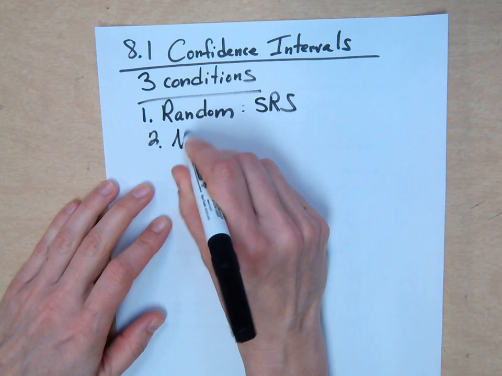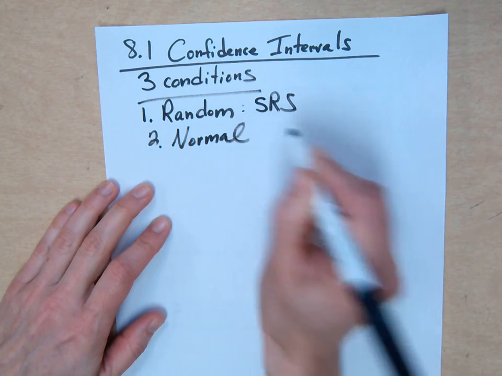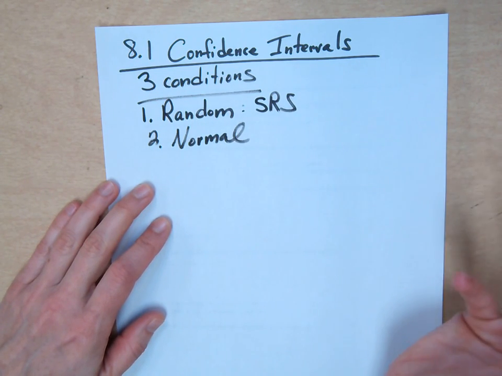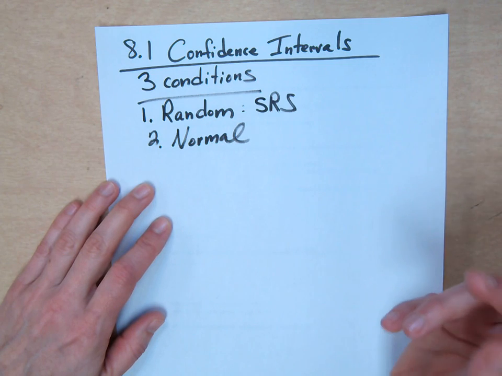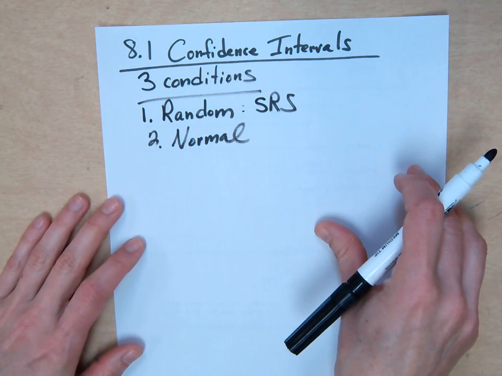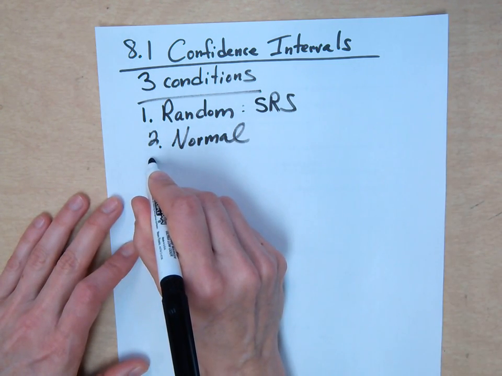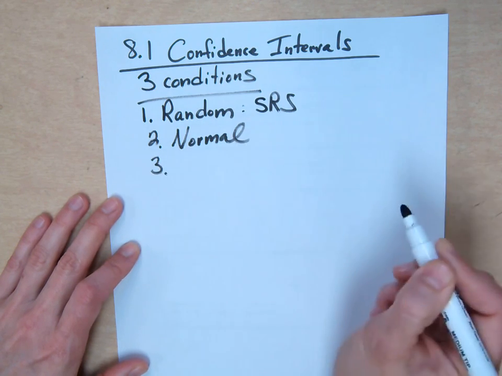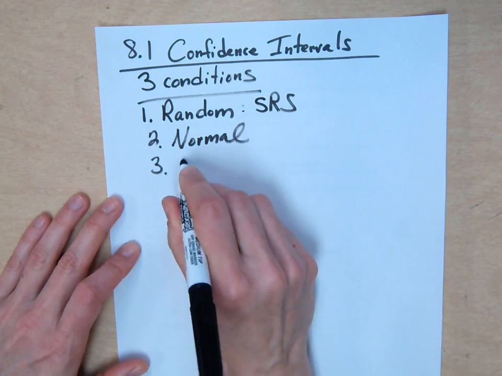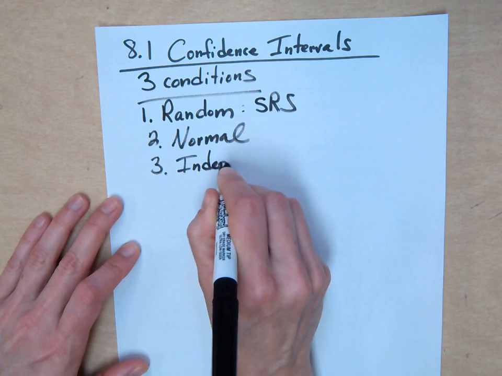Two, we already have the normal. We know what the normal condition is. I'll just say it verbally. For proportions, it's np, n(1 minus p) greater than or equal to 10. For means, it's the central limit theorem as long as the sample size is large enough, greater than or equal to 30. So the abbreviation is going to be RNI, random, normal, and then